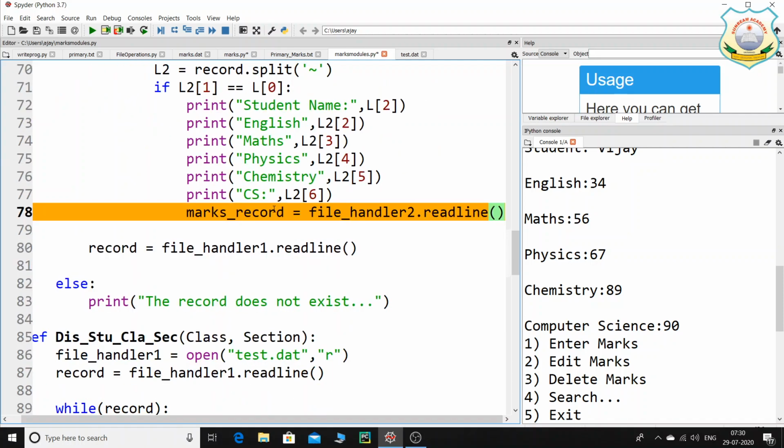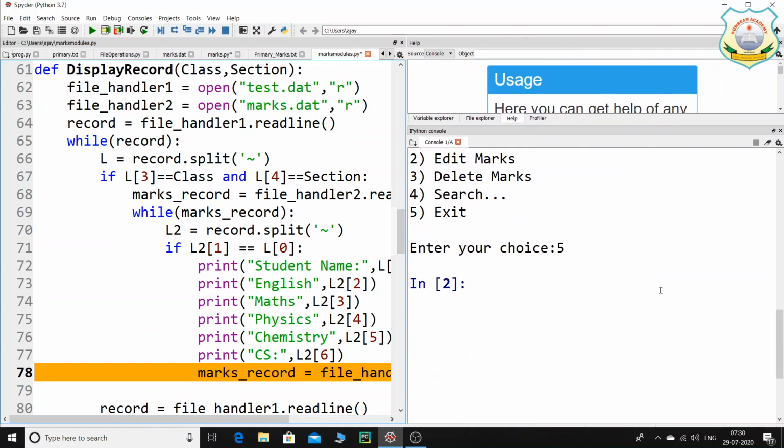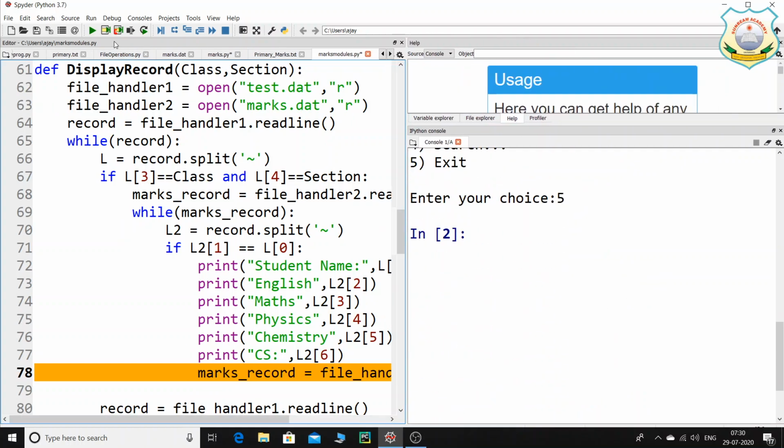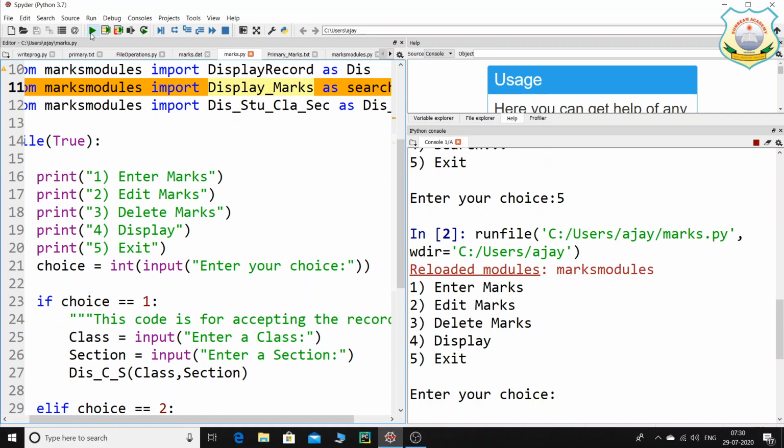So let us just run this, children, and if it doesn't work, do not worry, it will work. You have to just rectify the logics, that's it. Some syntax error. This is marks.py. Let me just start from here, and